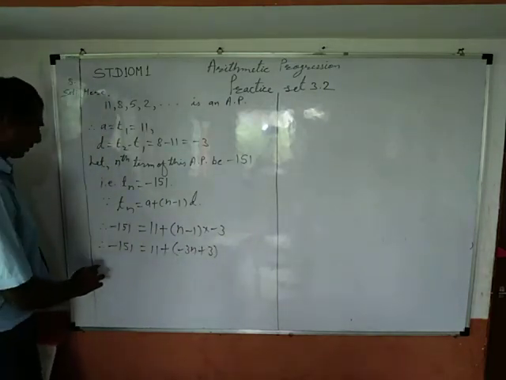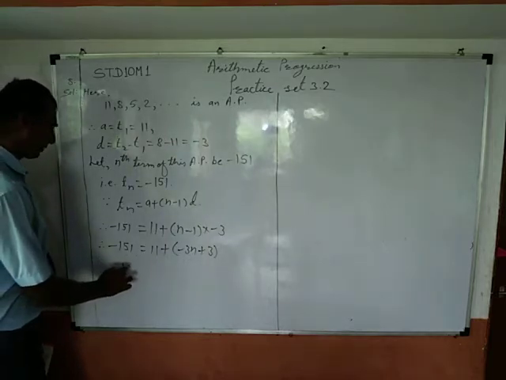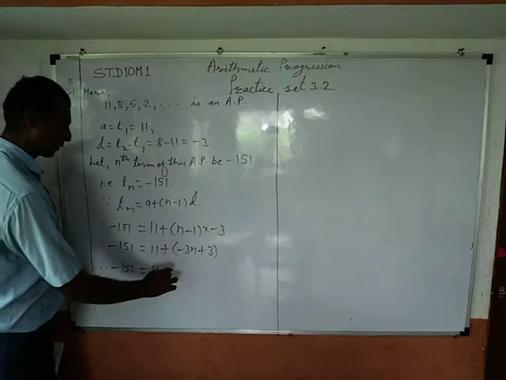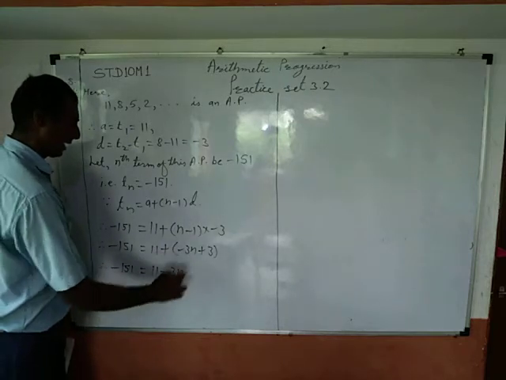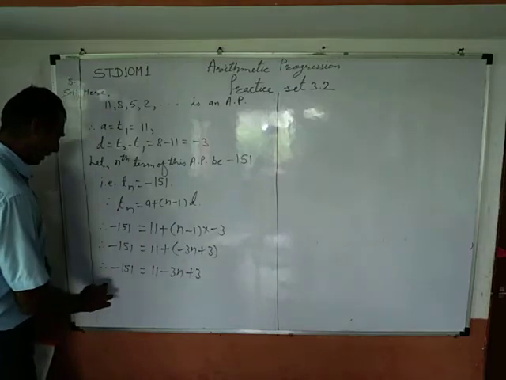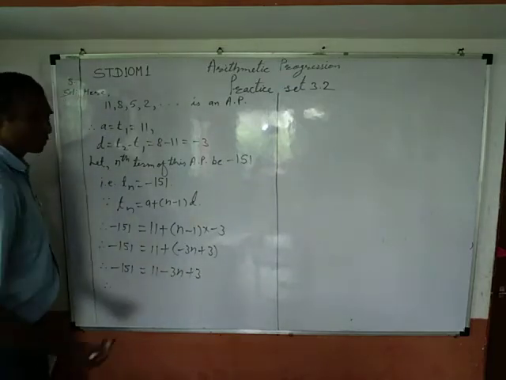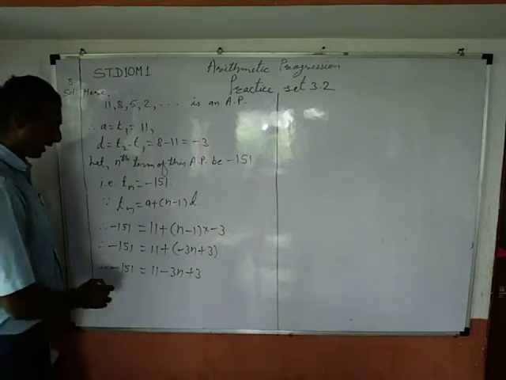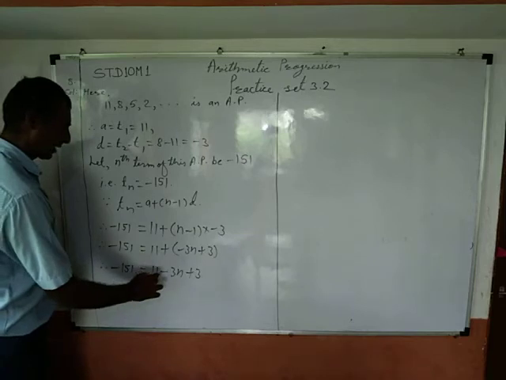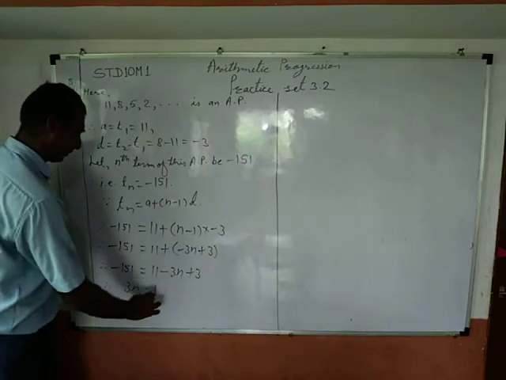Let's open the bracket, therefore minus 151 equals 11 plus minus 3n, and plus 3. And therefore let's transfer minus 3n from RHS to LHS, which gives us 3n. That equals, on the right side, 11 plus 3